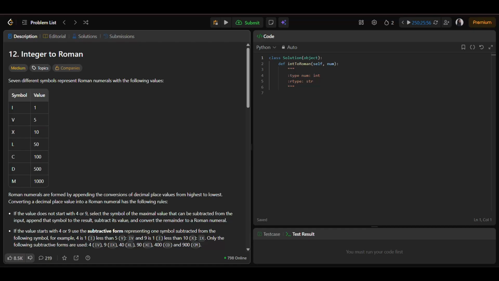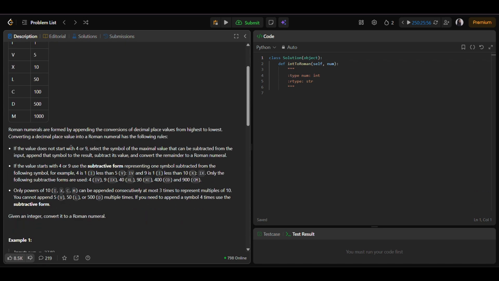Today we are solving LeetCode problem number 12, Integer to Roman. We will be given an integer which we are expected to convert into a Roman numeral. As we already know, there are 7 different symbols that represent Roman numerals with the following values, as you can see. And the Roman numerals are formatted by continuously appending the conversions of decimal place values from highest to